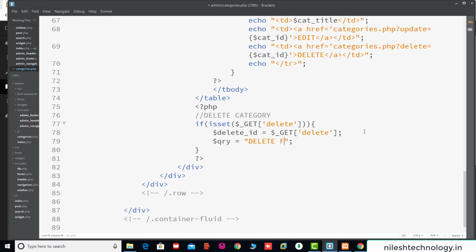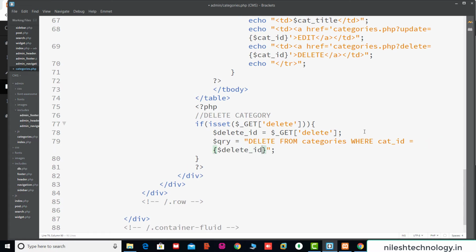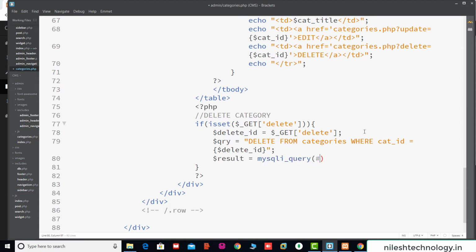So delete from categories where cat ID is equal to $deleteID. We execute this query, $result is equal to mysqli_query, pass here the connection and the query.